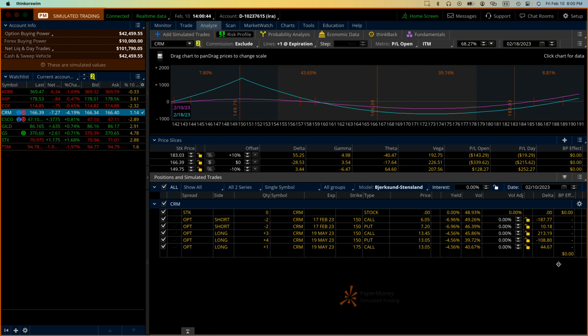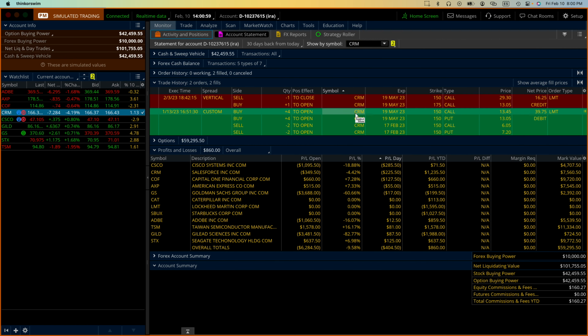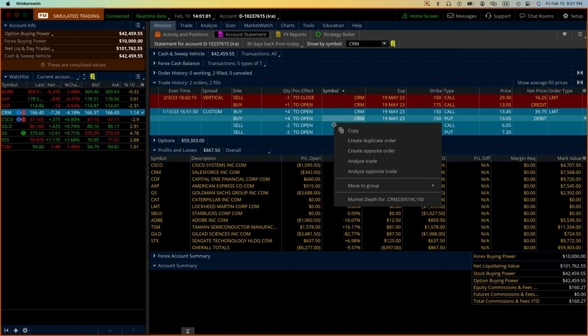Okay, here's what we have. We have 2 and 2 February 17 calls and puts. Okay, we might want to roll this over. Let's go to the Monitor tab and see. Okay, so I had the original trade. We can copy that,